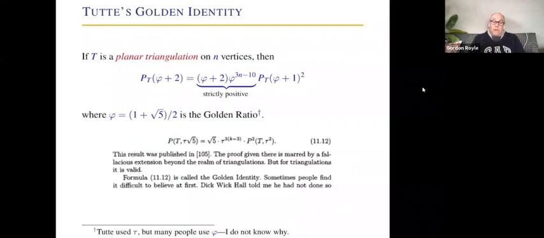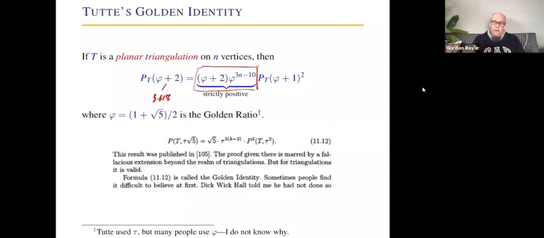If you take a planar triangulation, so now it's a planar graph where every face is a triangle, or maximal planar graph, then the value of the chromatic polynomial at phi plus 2, so just for reference, that's about 3.618, is phi plus 2 times phi to the 3n minus 10 times